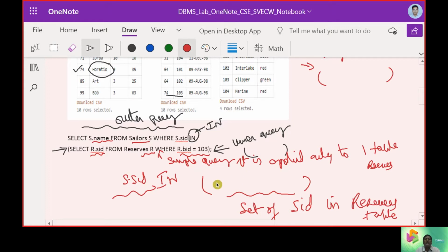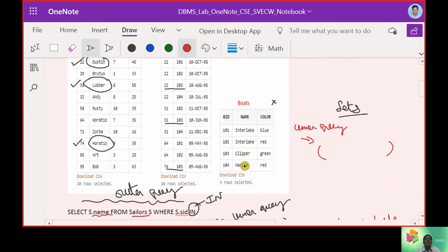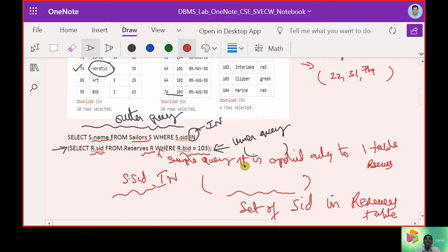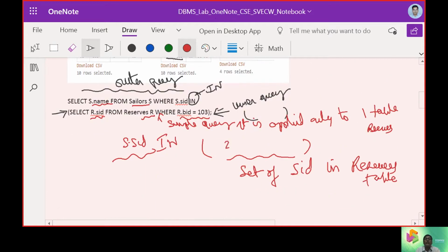What we can draw: boat ID 103 is given only with 22, 31 and 74. Three items.